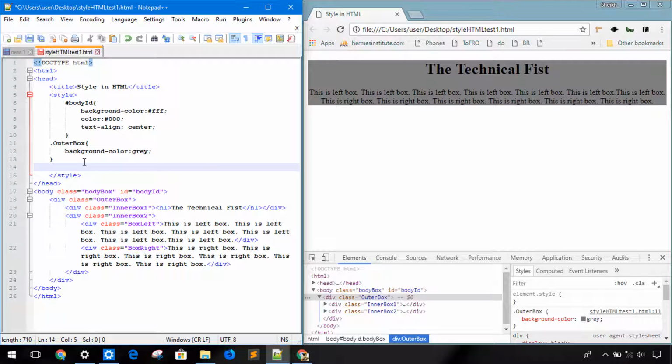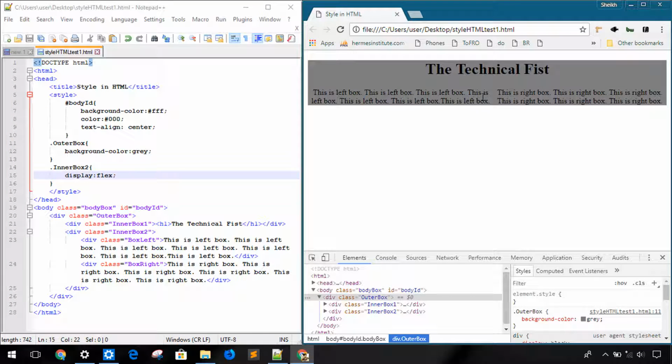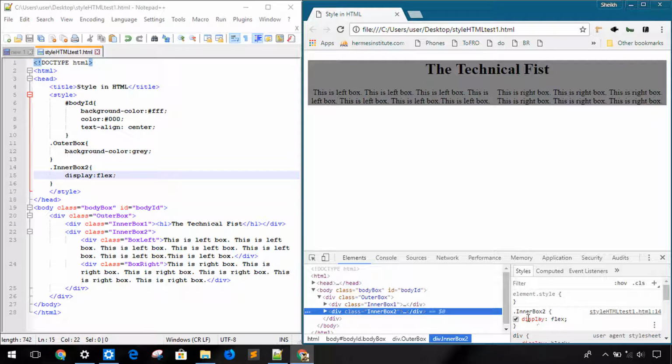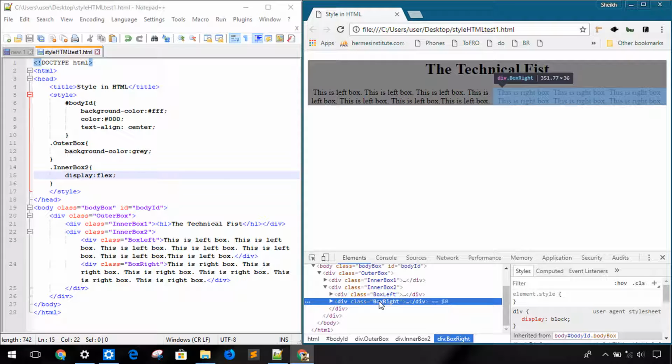And now we'll take the inner box 2 and the property called display flex. What does it do? It divides the inner box into 2 parts. Not only 2, you can divide it into as many parts as you want. First of all, see the box 1 is here. When we remove the display flex, both are merged, and when we put the display flex again, left is one part and right is another part